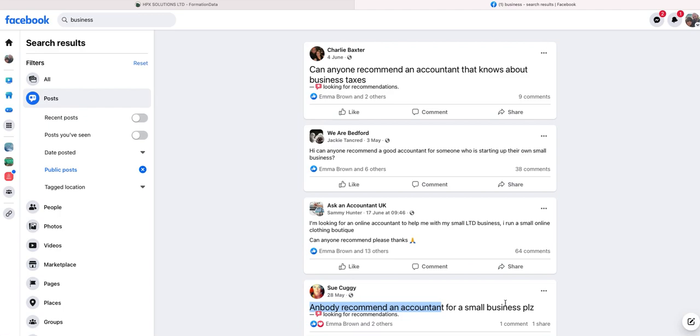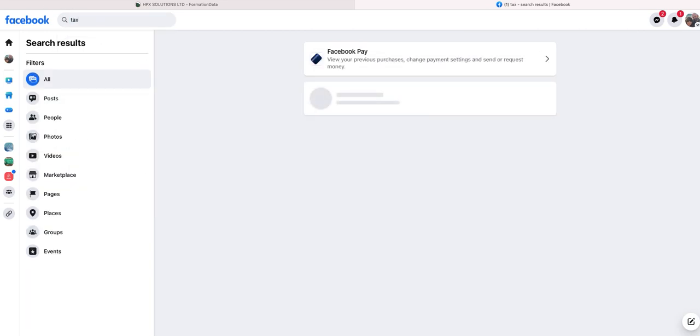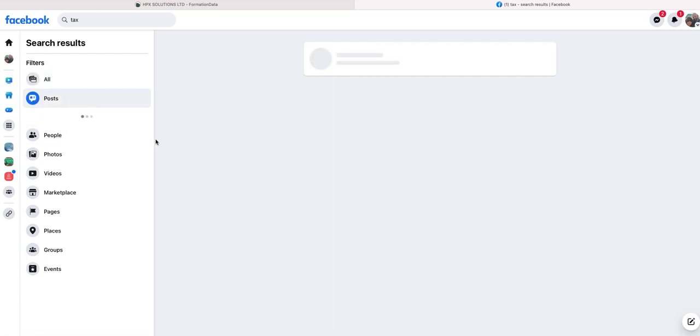Anyone recommend an accountant? So by growing your network, you're just going to feed these opportunities into your social media staff or anyone you've got active on there responding to these posts. But it is all about having that broad network in there. It definitely pays off. If we look at tax and we come into posts